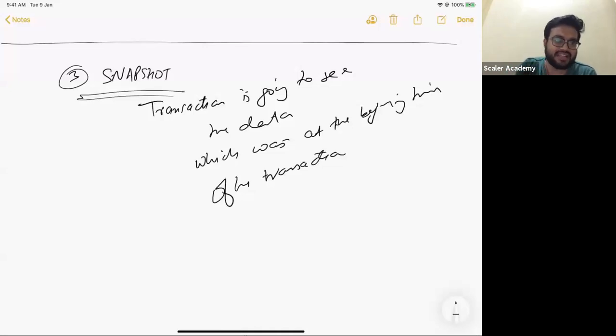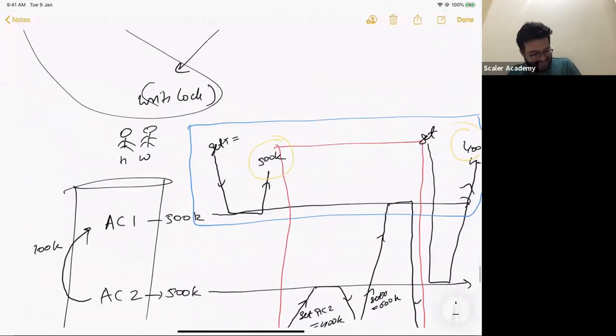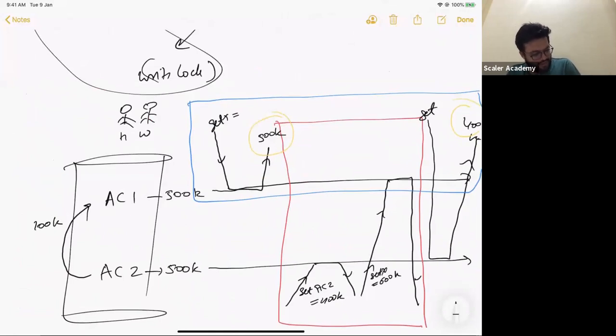And the beginning of the transaction will be a single unit of time, and at any given point in time there cannot be more than one committed state. Now Nikhil says, of which transaction? So Nikhil, for the transaction which is trying to fetch data, you will give the data which was there at the beginning of that transaction's time. Let me try to explain it to you with an example.